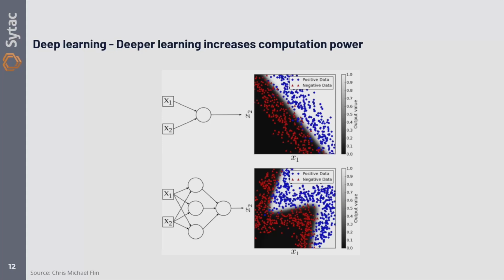This is a good example here. A single layer of neurons can only learn a linear function. This is one layer, and it can only learn one linear separation of the input data. So only linear functions can be learned with a single layer. If you add another layer, it can do somewhat more complex shapes, right? The whole idea is to separate the input data into different types of boxes. With more layers, you can do a lot more complex stuff.